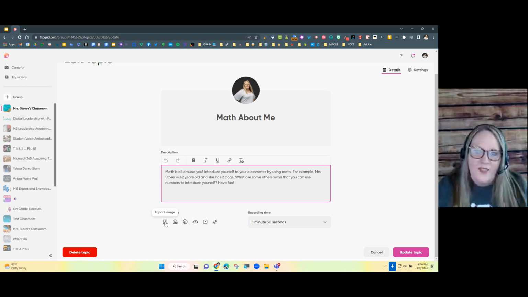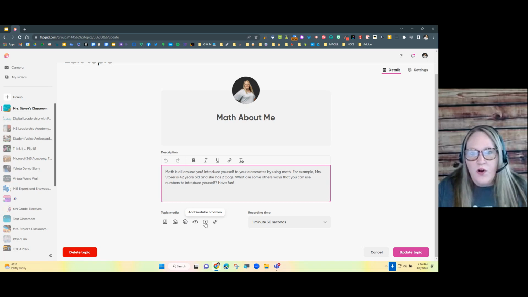It's going to be right next to the description is where this piece is going to live, this topic media. You can record a video. So you as a teacher could record a video giving students these same instructions. You could pull in a Bitmoji, a GIF, however you choose to say that, or some stickers. You can upload a video from your computer. You can even attach a YouTube video.